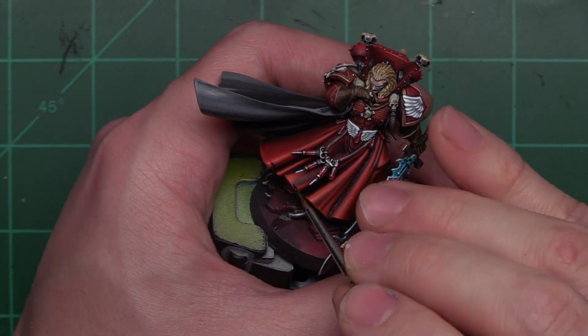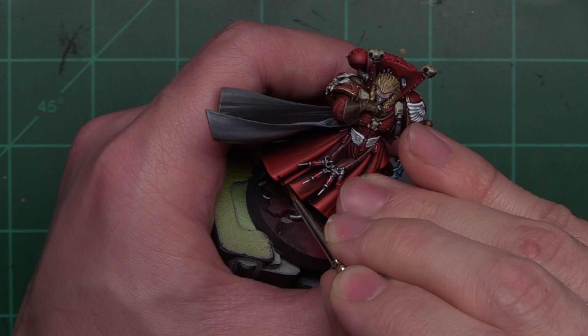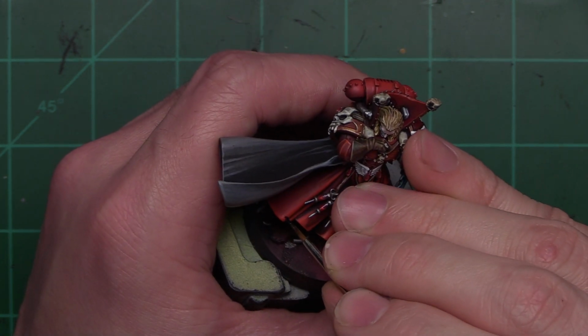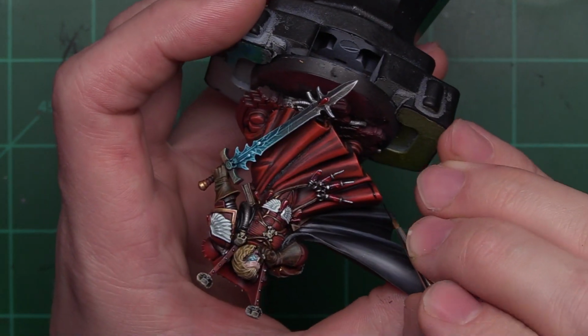Okay, now it's not quite as crisp as I want, so we'll just come back in, apply a little bit more as we come down the edge here. There we go. Alright, it's looking nice. And now this one's going to be a little bit harder to get into because we've